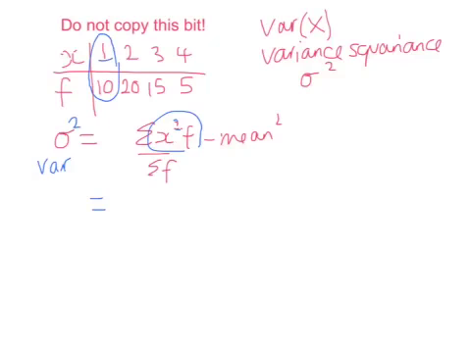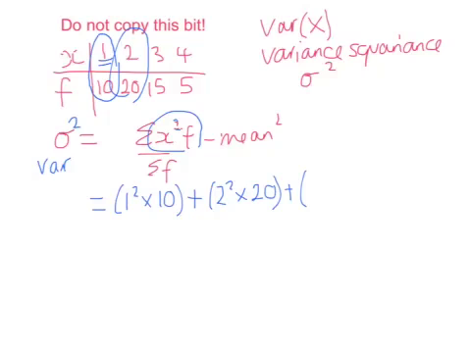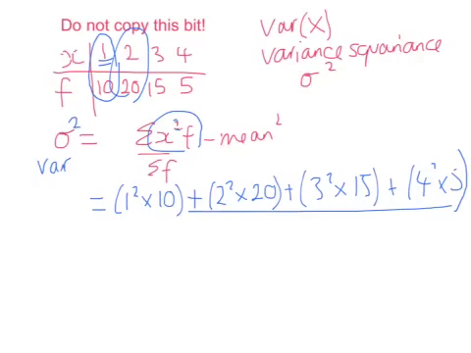So x squared, 1 squared times f, and we're summing, plus 2 squared times 20 plus 3 squared times 15 plus 4 squared times 5. Okay, all over the sum of f, which is 60,